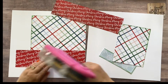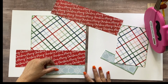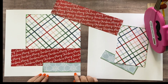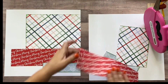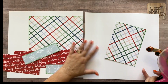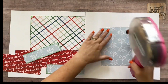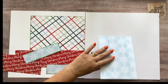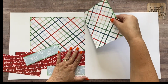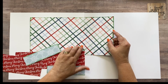Okay, and then I've got this little strip, and I'm gonna just put it about 1/2 inch from the bottom of the page. So there's a little bit less gutter down here than there is at the top. Okay, now is the tricky part, guys, because this is if you want your paper to match up and that to carry over, this is where it gets a tiny bit tricky. You're gonna wanna put both papers together. You're gonna wanna slide this one under there to line up